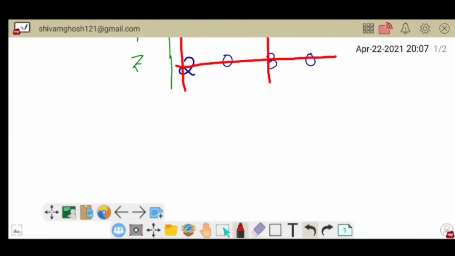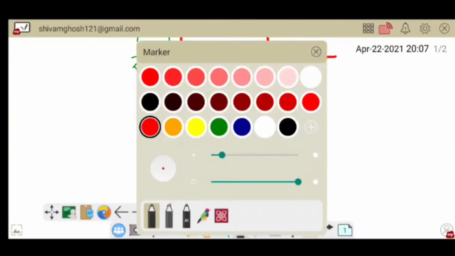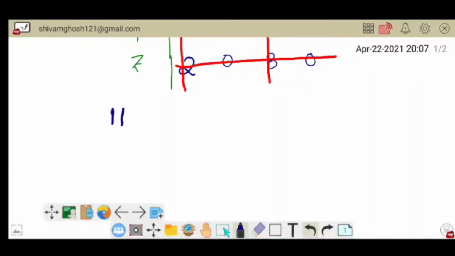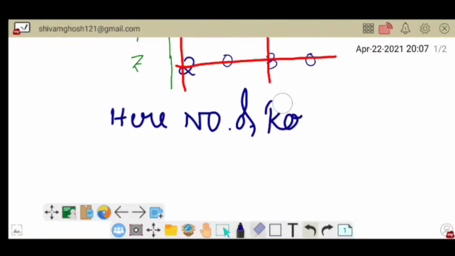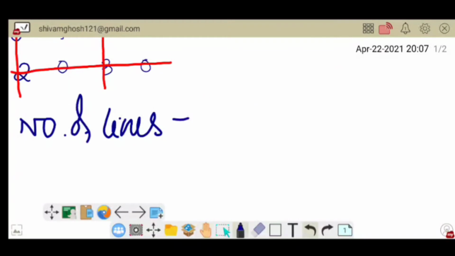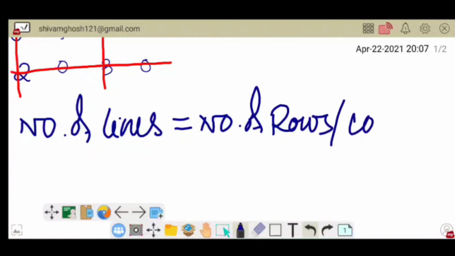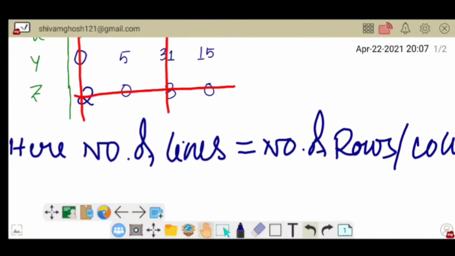So here we'll write it down like that: number of lines equals number of rows and columns. Here there are 4 lines, and the number of rows and columns is also 4.